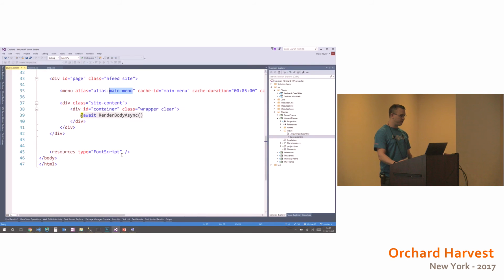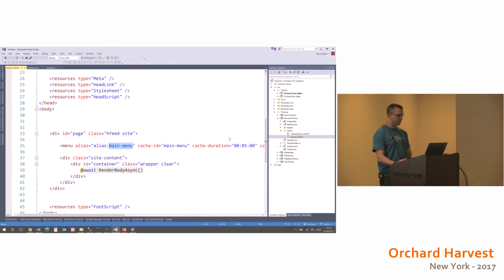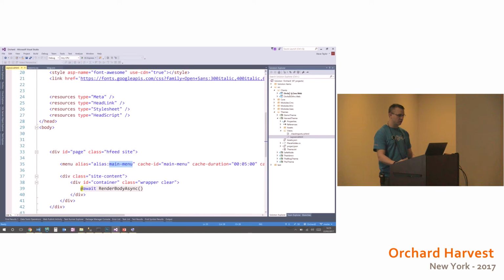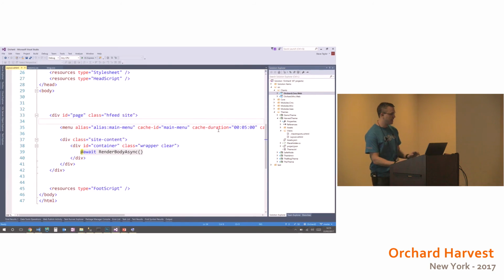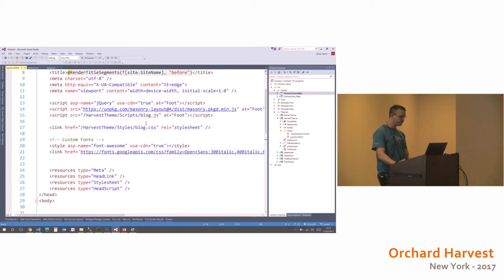We're then rendering the body, and that's pretty much it. So I'm just going to quickly build that. And the assets that we need to pull into here, so the blog and the blog.js and the blog.css,